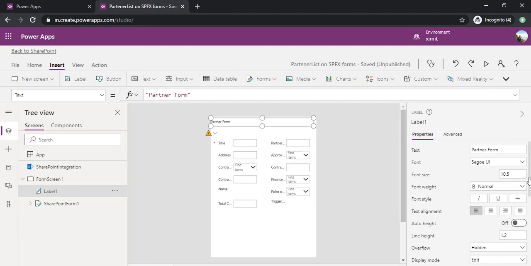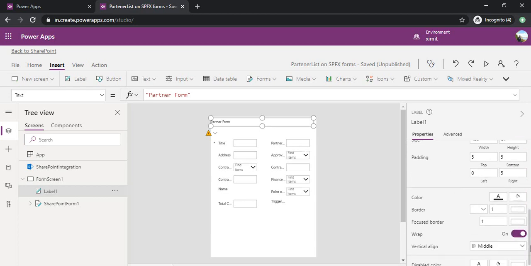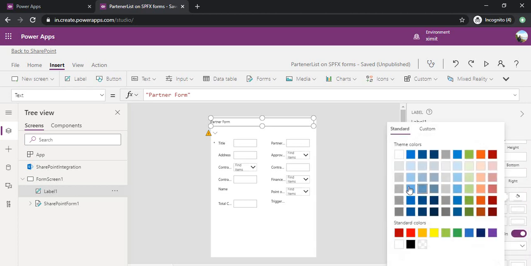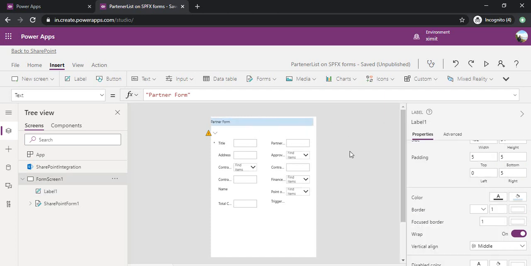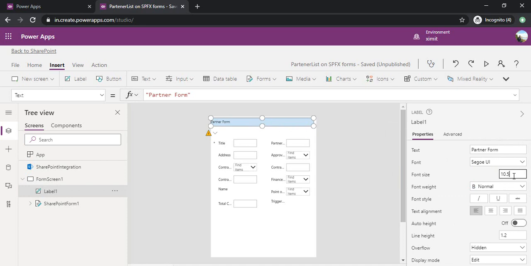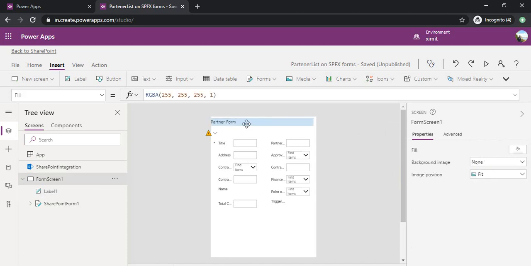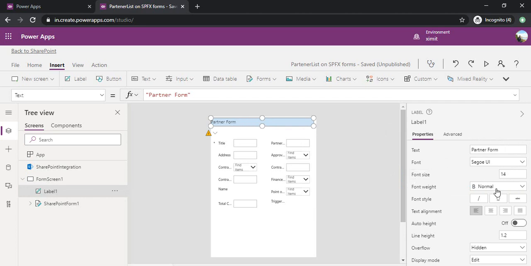And we'll provide some background so that it looks like a header. And increase the font size. Alright. Font weight I'll set to bold because it's a heading.